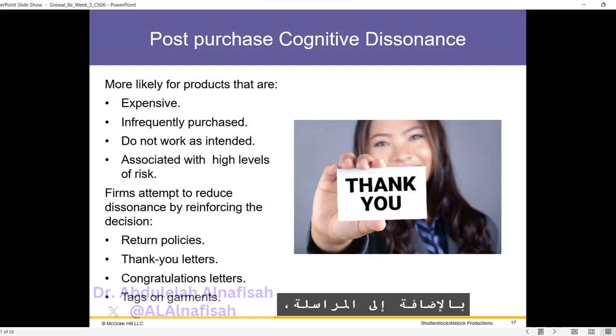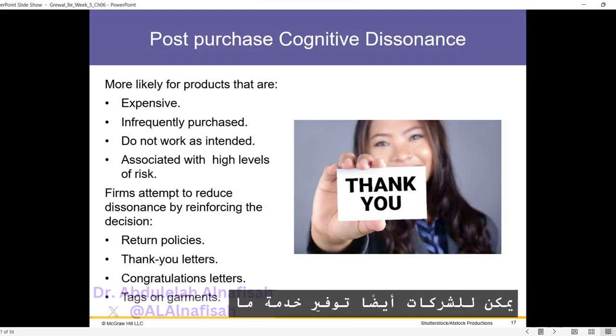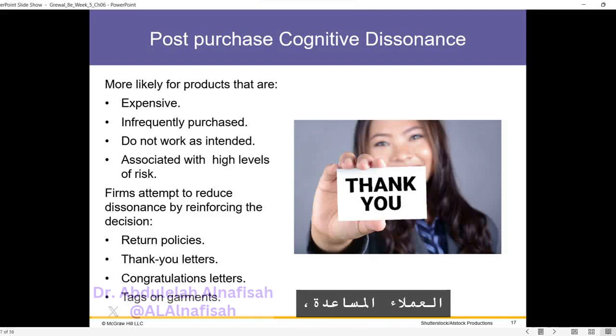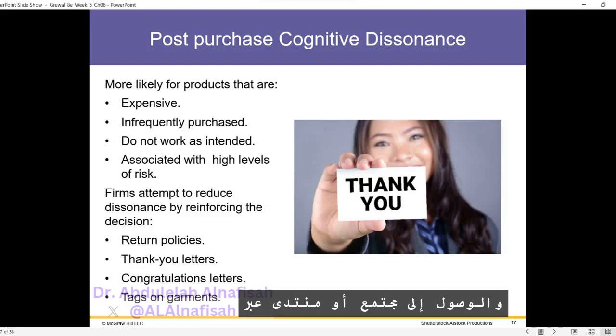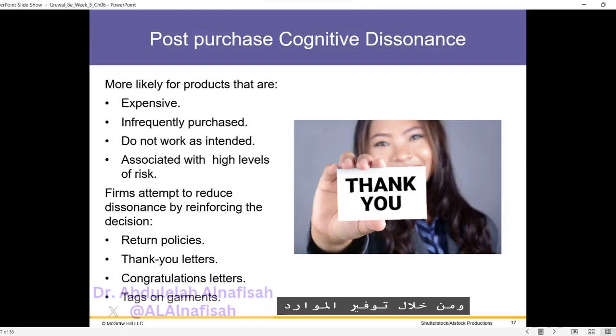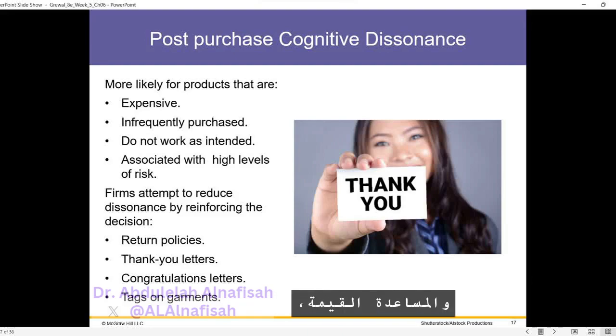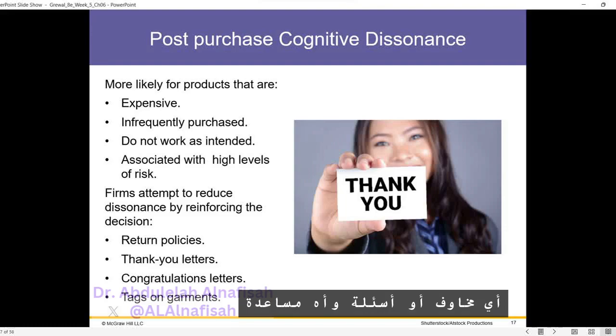Also, providing support and information. In addition to messaging, companies can also provide post-purchase support and information to help customers feel more confident in their decision. This can include offering product tutorials, guides, customer service assistance, and access to an online community or forum where customers can share their experiences and receive support. By providing valuable resources and assistance, companies can address any concerns or questions and help customers fully utilize and appreciate